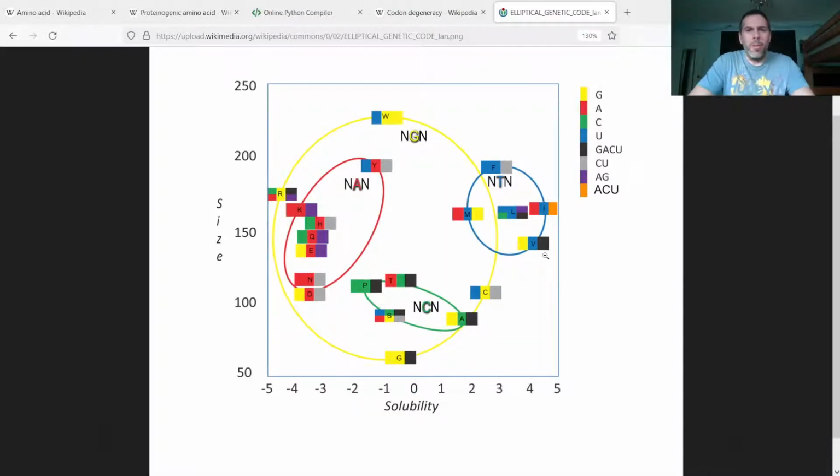So when you put all the amino acids on this chart here, you can see that they are kind of grouped naturally by that second nucleotide in their genetic code. So up here you have amino acids with the second nucleotide being thymine.